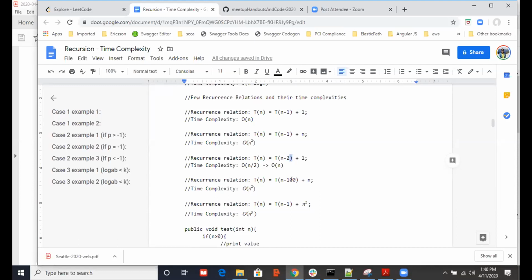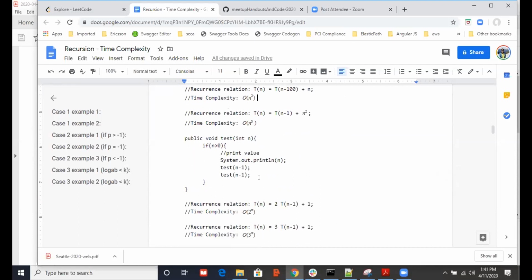So even if it is 100 instead of 2, and you are doing n steps, it will be, in the worst case, n square. So if you have n square here and you are doing decrementing 1, it will become n cube. So this is just some kind of